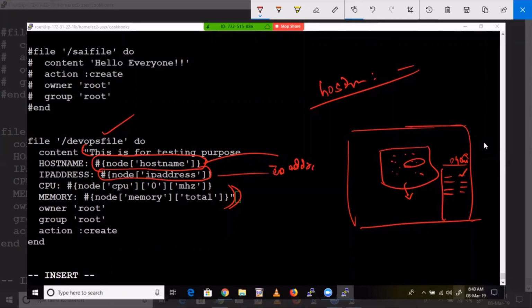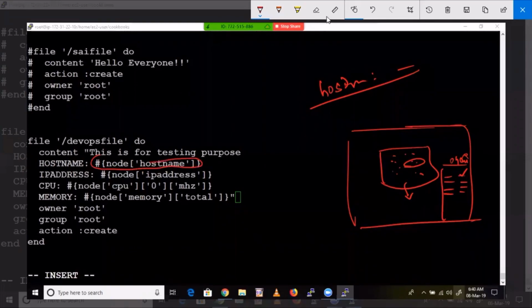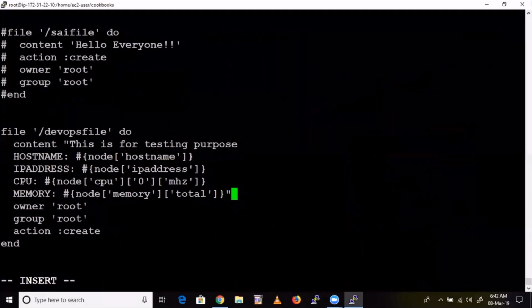So that's why if you execute this one, this will be replaced with actual values. This is how we define variables in Ruby. That will be different in each and every language. So this entire portion will be replaced with the value. That is how you need to mention it. You need to follow this format. Now I'll show them. Let me execute this one.